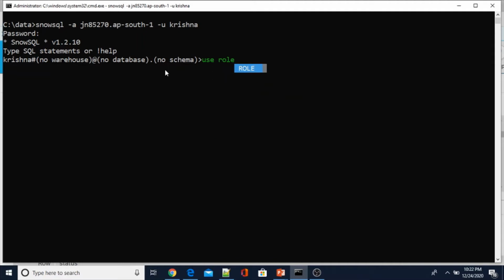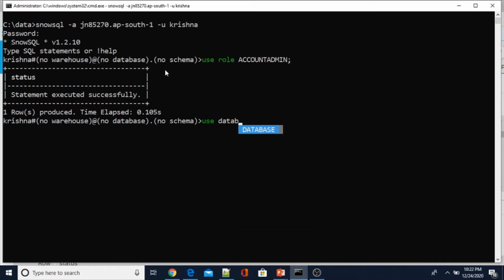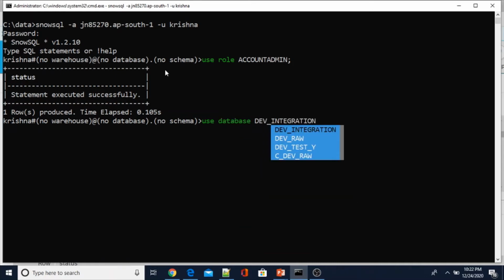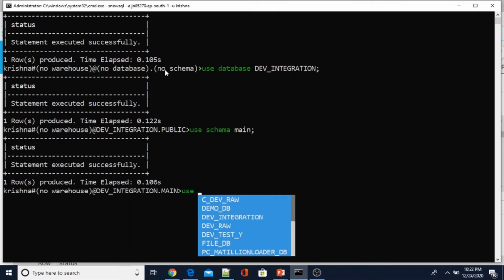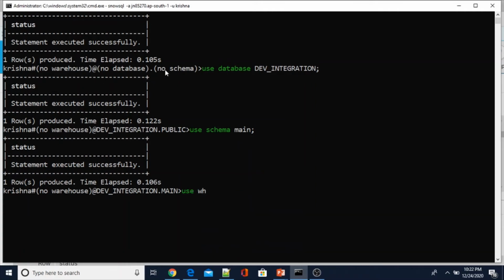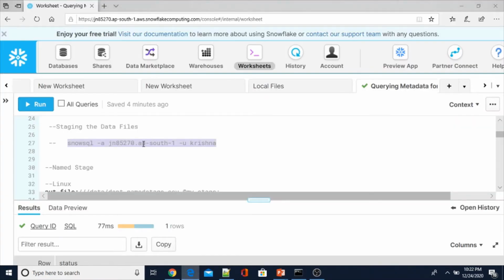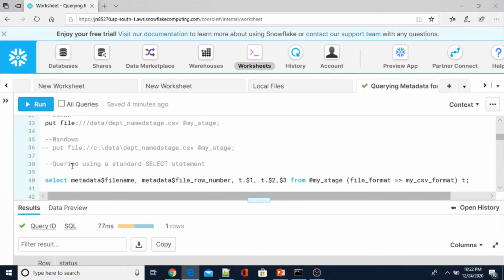Use role accountadmin, use database dev_integration, use schema main, use warehouse compute_wh.